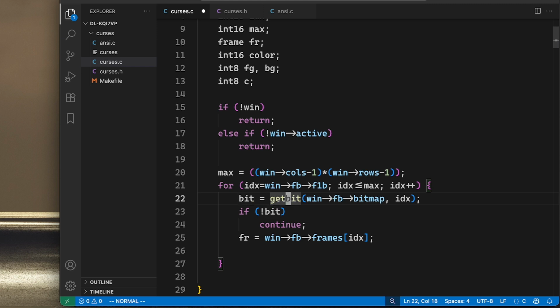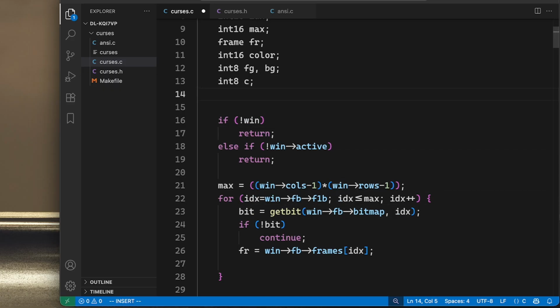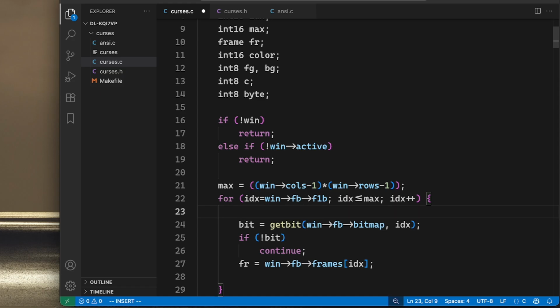So then we just need to check once and not 8 times for that specific byte. So we'll have an int8 byte where the byte is going to be